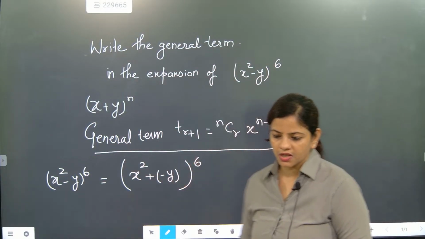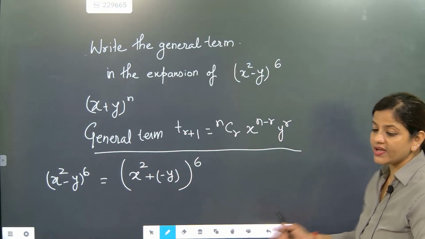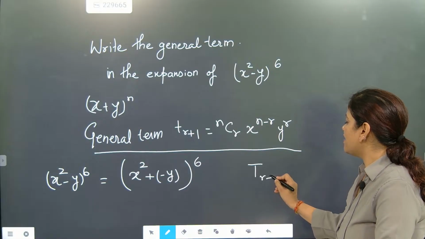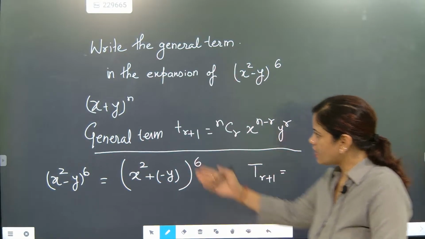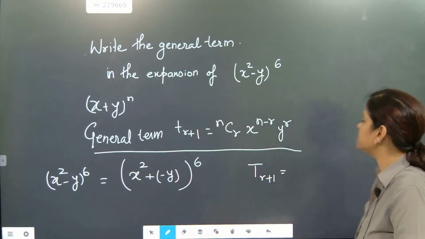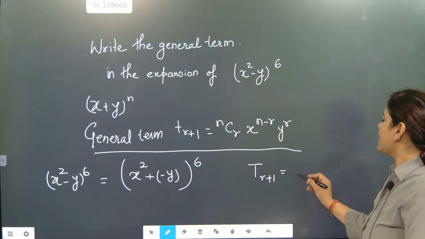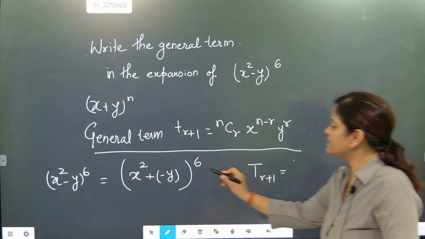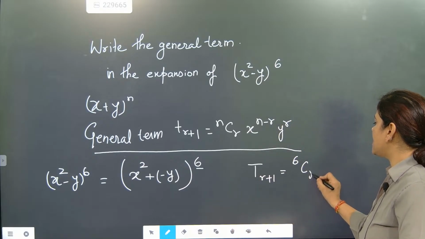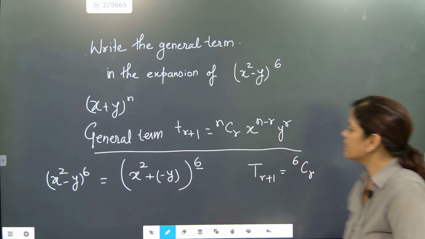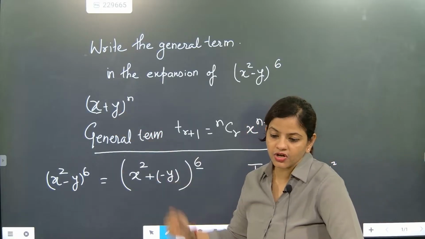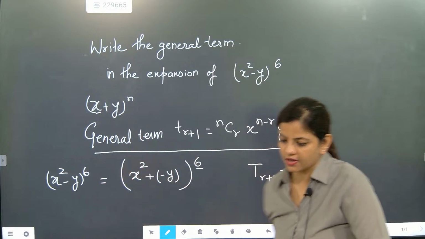Come on, how can we approach it directly for writing the general term? It will become T(r+1), because this is the presentation of the general term. And instead of n, what is there? 6. So we will write 6Cr. After that, x square is there instead of x. So we will write x square to the power